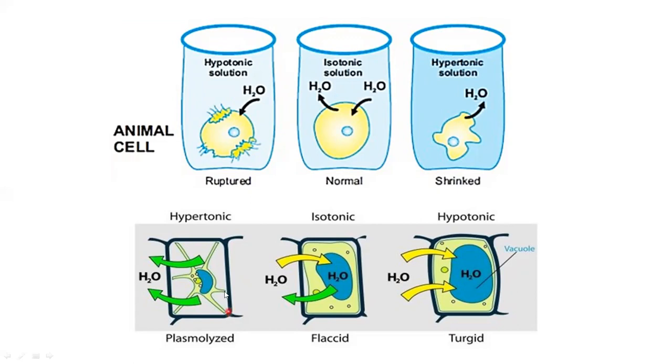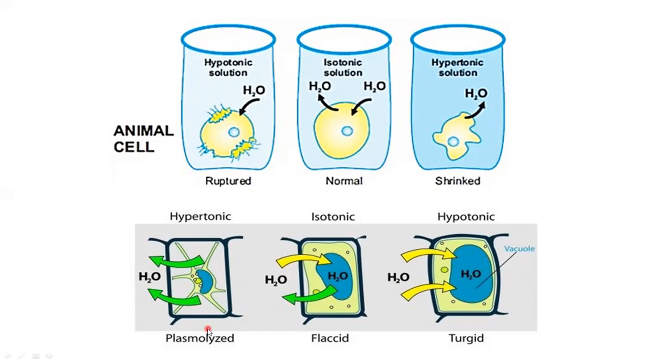And because of the presence of the cell wall, the plant cell maintains its shape, and when water moves outside the cell, the plant cell shape is maintained and